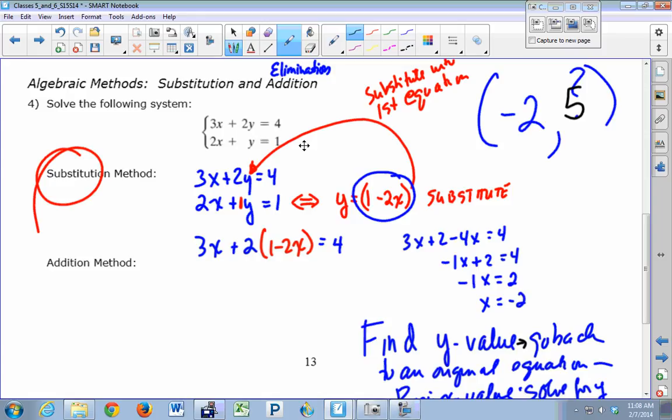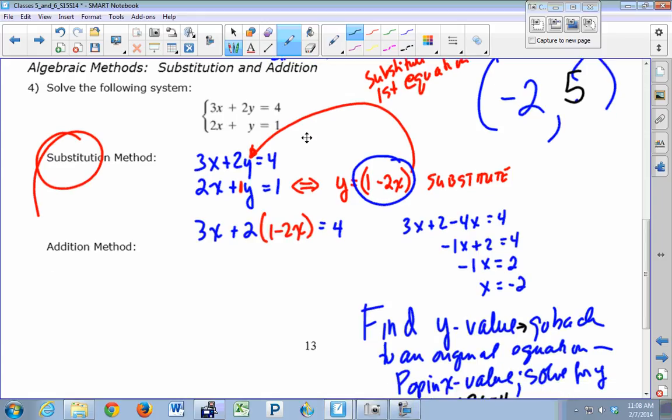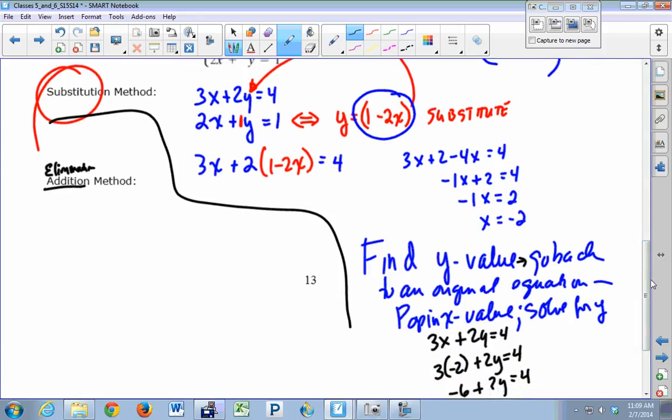All right. The other method says, and that's why I kind of like both of these names at the same time, because the addition method tells you what you're doing. You're adding the left side and the right side, and the elimination method tells you why you're doing that, because you're literally trying to get rid of one of your variables. So now this is a totally different approach, but it gets you to the same solution. It's just a different idea. So if you look at your system,